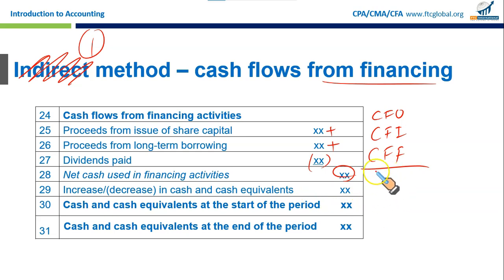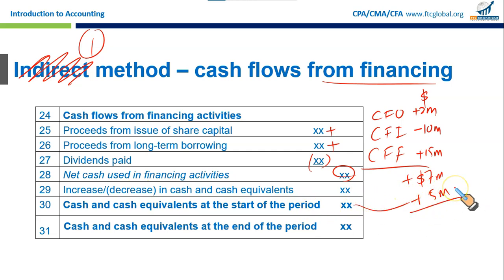Let's say in our example, operating cash flows, net cash used in investing, net cash flow from financing gives you the net figure of $7 million. This is what you call the increase in cash and cash equivalents over the period, positive. And to this, if you add the opening balance of your cash and cash equivalents, which is 5 million in our example we are carrying along, it should be equal to the closing cash and cash equivalent. Cash and cash equivalents at the end of the period, $12 million. And if this figure is available in your system, if you add up all the cash equivalents at the end, it means your cash flow statement is at least